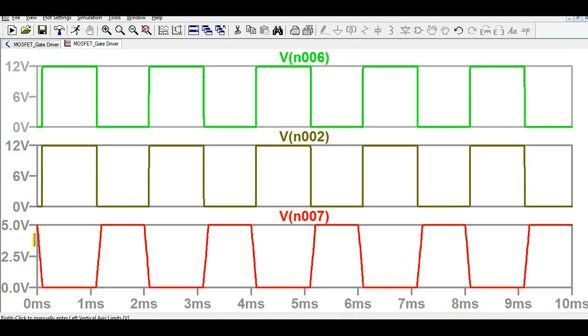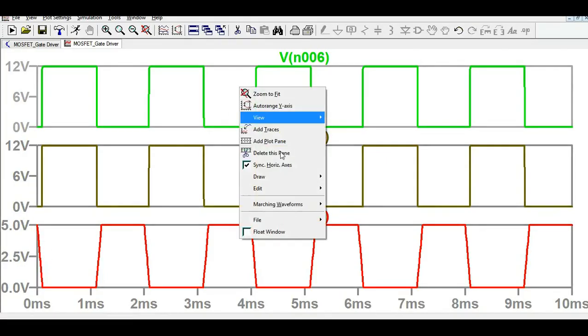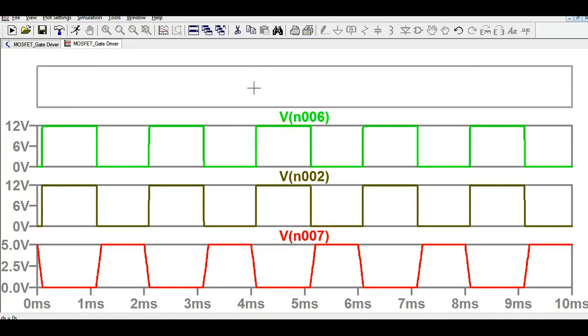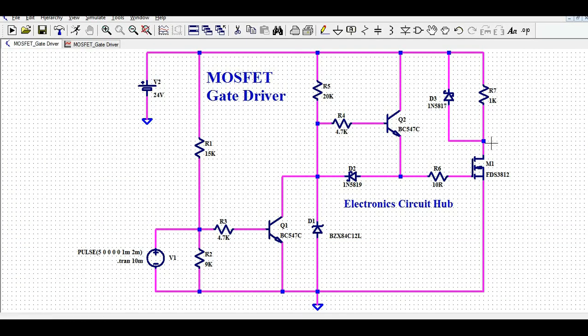Let me add the fourth signal as well, and let me check now the MOSFET drain to source voltage. Let me check the current.